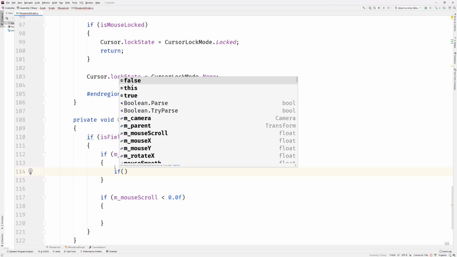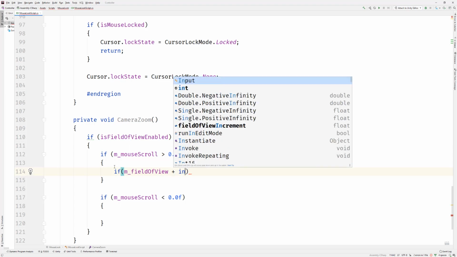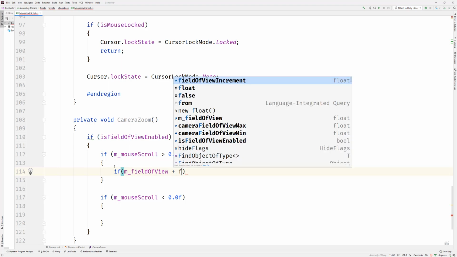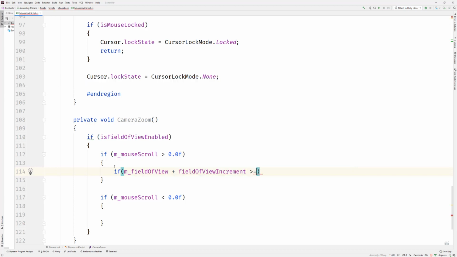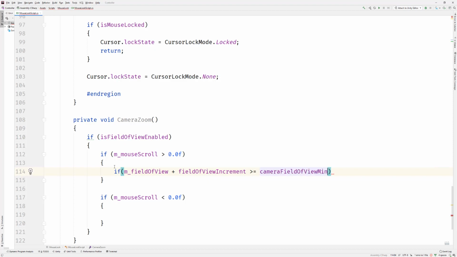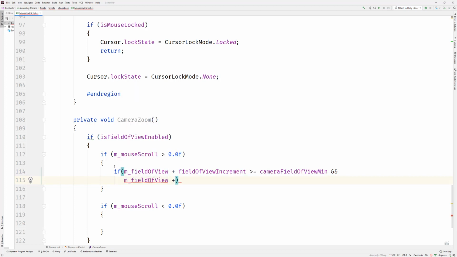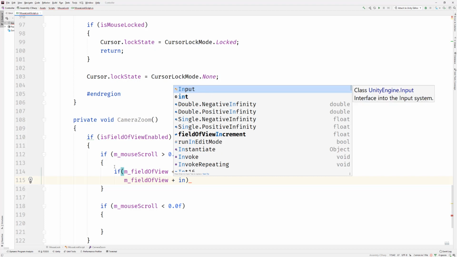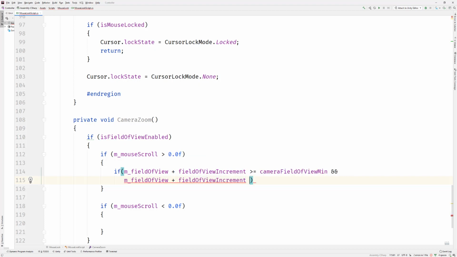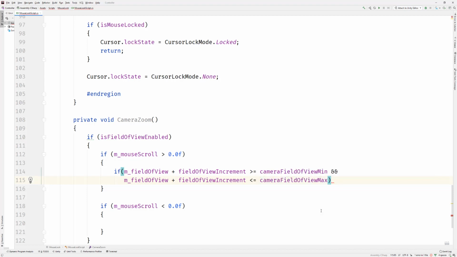If the field of view plus the increment, so this is going to be the field of view increment, is greater or equal to camera field of view min, and m_FieldOfView plus increment field of view is less than or equal to the camera field of view max, then we need to go ahead and increment